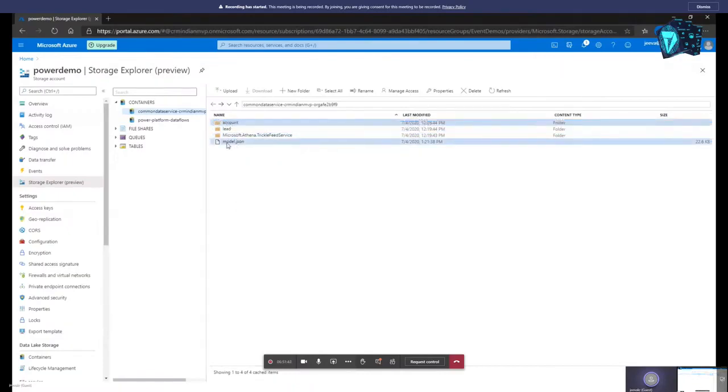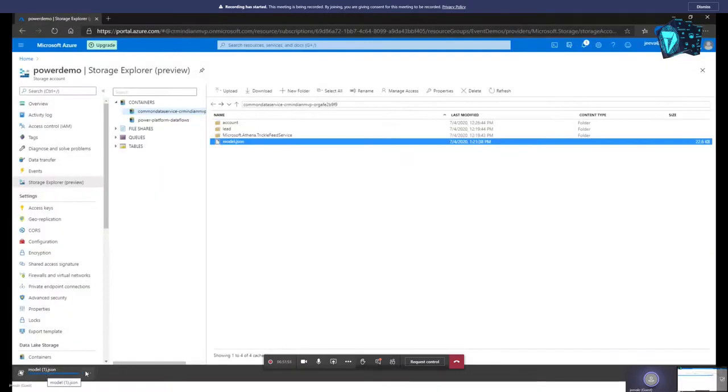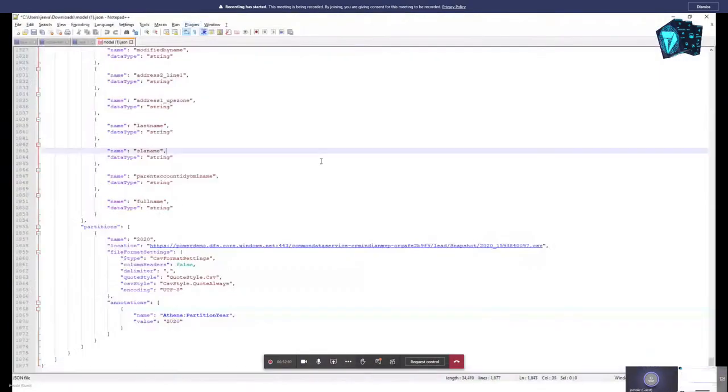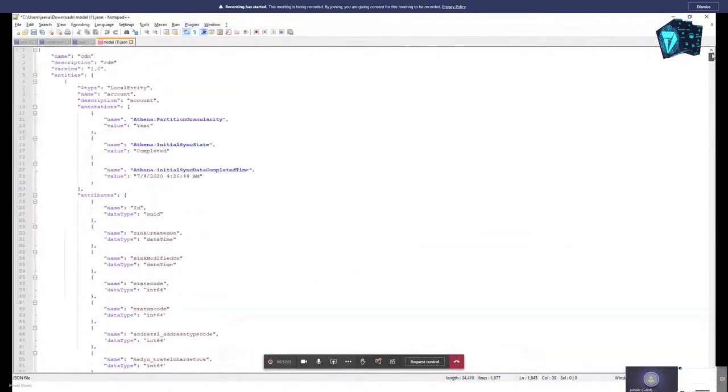And apart from it, if you notice, there is one thing called model JSON. Okay, so this is like a metadata. So if I quickly open this, you can see here. So currently we have account and lead, right? You can see the entities have been structured as such here, and then